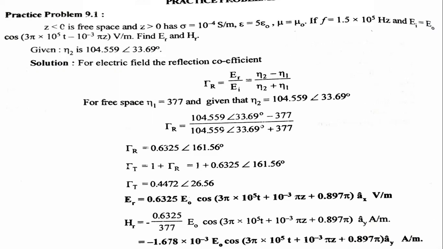Similarly, the reflection coefficient after substituting these values is eta 2 minus eta 1 over eta 2 plus eta 1, where eta 2 is 104.55 minus 377, and plus 377 in the denominator. Here we have Z1 and Z2, and this one is also in polar form. So we need to take Z1 divided by Z2 with angle theta 1 minus theta 2. In this way you will get it directly. How is it possible to connect?